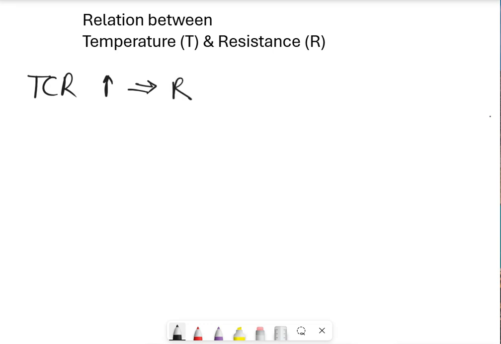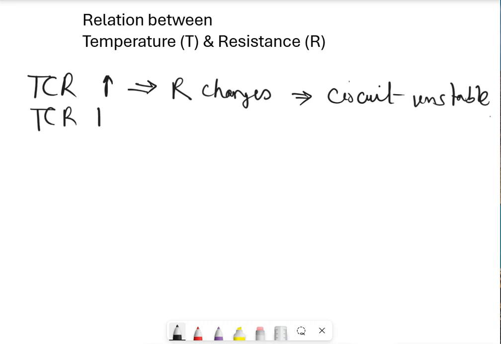So if resistance changes significantly, it means the circuit is unstable. But when TCR is low, it means that R does not change,